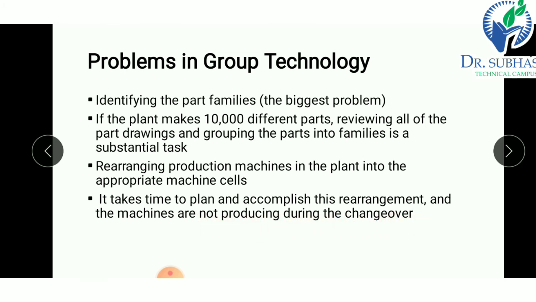So this rearrangement of machines is very time consuming, and we have to plan for it. This is also another limitation. Also, the implementation of group technology is very costly.